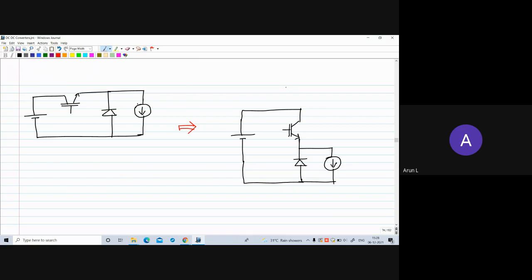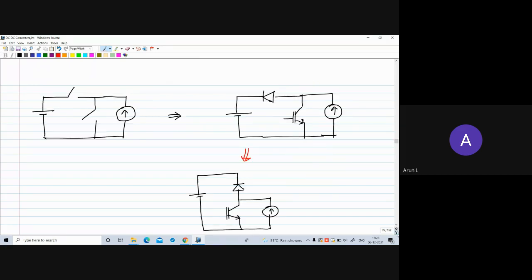So remember this one. Then we have seen a boost converter like this, by selecting S1 and S2 differently, and by reversing the direction of the current source, we have drawn one more circuit in the beginning for the boost converter. And if you reorient that boost converter, you will get this particular topology. And now if I combine these two diagrams,